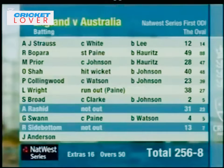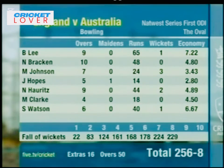I suppose the most obvious feature of that England batting card is that nobody got beyond 49. So many players getting in and not going on to get the kind of score that wins you the match. Luke Wright was superb for that 38, and Adil Rashid, as I just pointed out, showing immense promise. The Australian